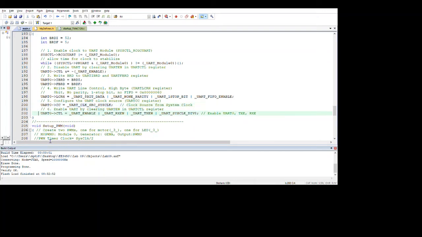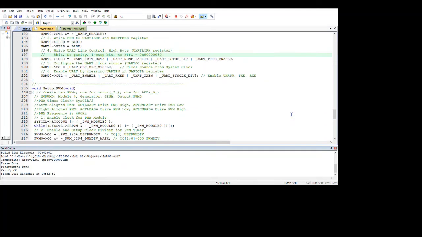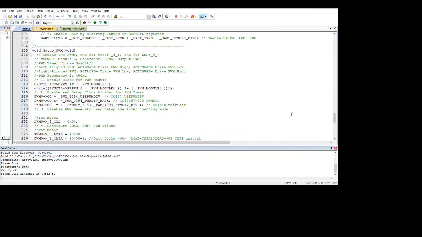And then lastly, we enable the UART by clearing the UARTEN bit in the register. Here we're enabling UART 0, the TXE, and the RXE. So that's essentially how we do the UART part. So now if we look at the